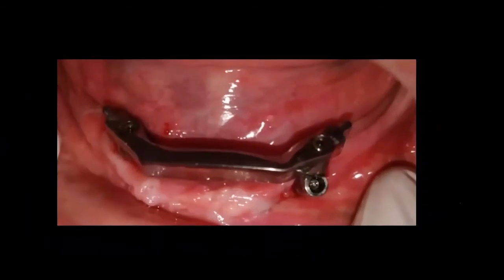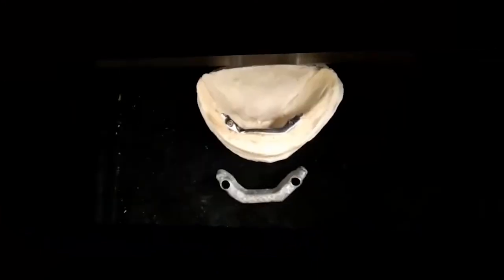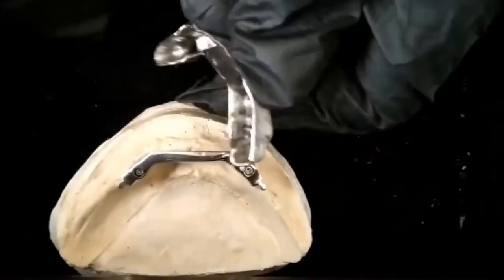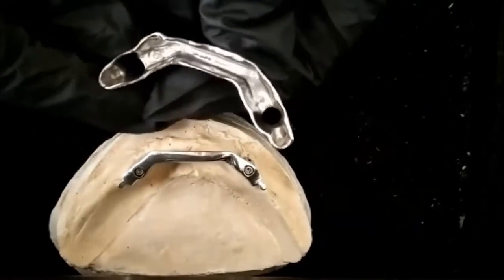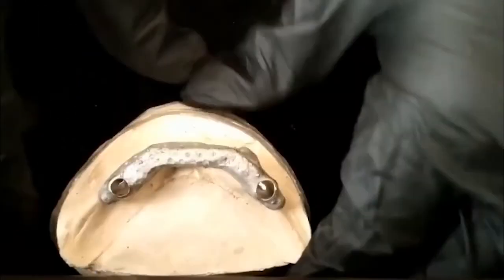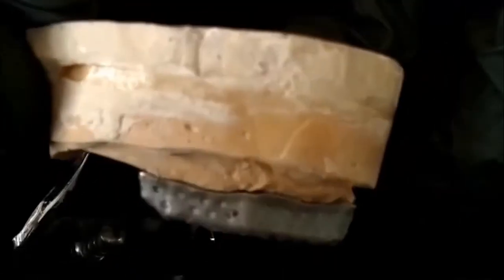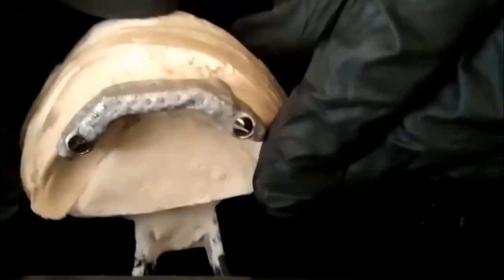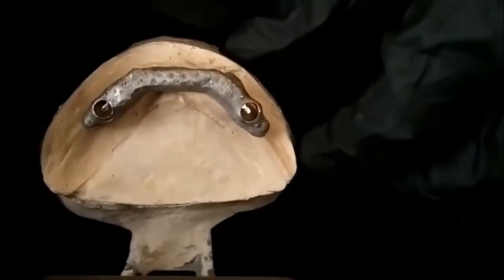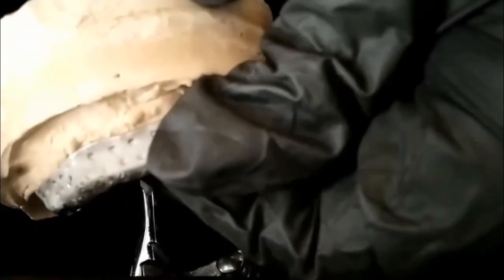So inside the mouth we just screw everything up, and you can see it's metal-to-metal friction first, and then we have given a security lock. If we lose the metal friction in future, we can use the elastics to get the friction once again. So this is just a demo, showing that even without elastic it has metal-to-metal friction. You can see there is no elastic in the metal frame, but you can get the friction, the lock. Yeah, this is a perfect lock.